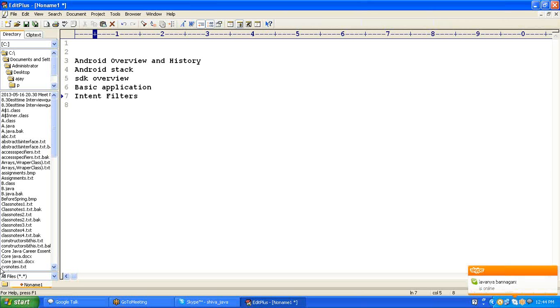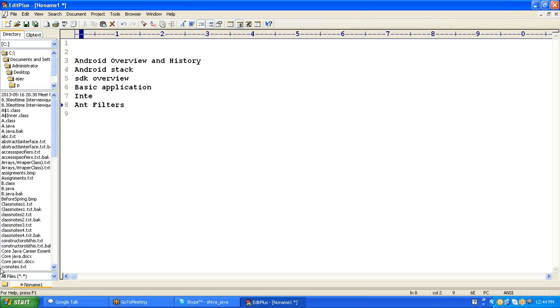How is it opening the calendar once you press it? Internally, the code is written using intent classes. Intent is one class, and using the intent class we can move from one to another. That's how intent filters work. Especially, we try to concentrate exclusively here on intent filters. Once intent filters are completed,